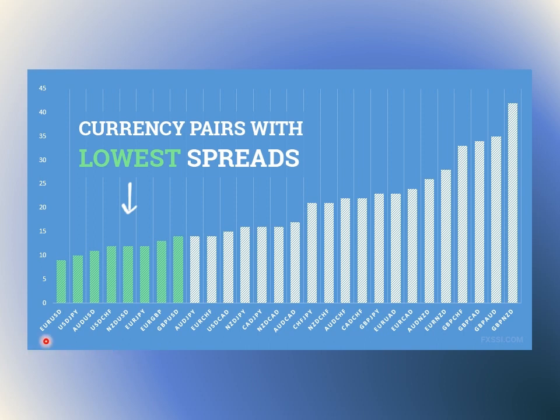So if you are looking for pairs to trade that have low spread, the first one is Euro USD, followed by USD JPY, then AUD USD, USDCHF, and so on and so forth till GBP NZD. You can see how high this one is. So if you are looking for low spread currency pairs to trade, you should be trading from here to at least where this green line stops. So that is that with spread.